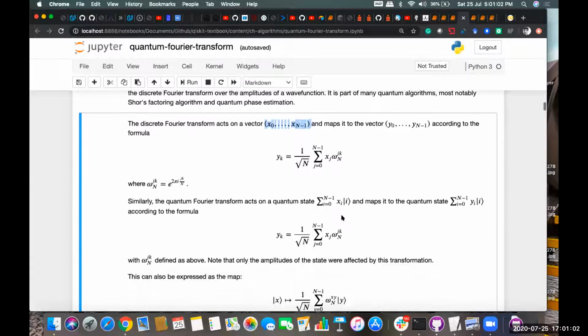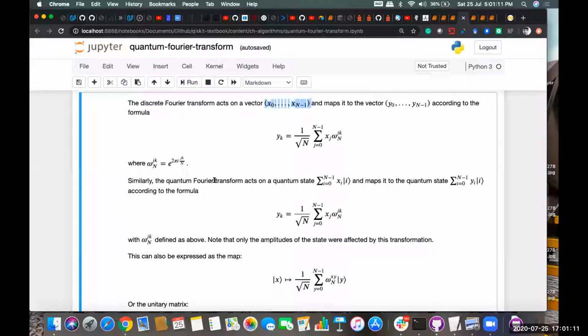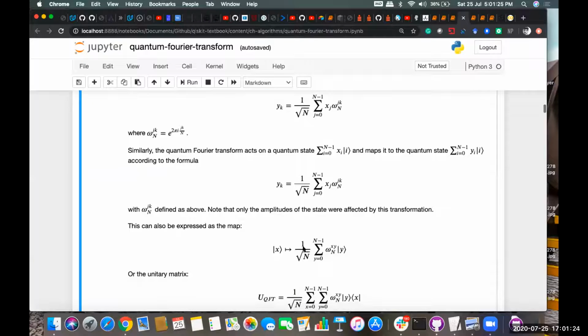Okay. So the same thing, if we have to calculate in quantum state, then in quantum Fourier transformation also the basic motto is the same. We are going to transform one state and map it to another quantum state, and that is given by the formula 1 by root n, summation of y equal to 0 to n minus 1, omega to the power xy, and ket y here.